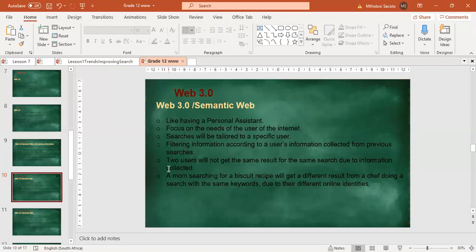When you go to YouTube, the first thing that you're going to get on the home page are the things that you usually search, or things that are related to what you usually search. So in Web 3.0, we have some form of data mining there. All the searches that are related to the things that you usually search, you are going to get them there. Maybe let me say, for example, I'm looking for